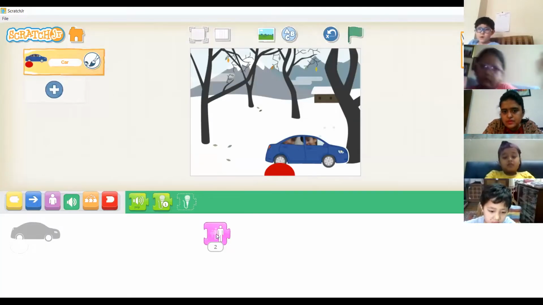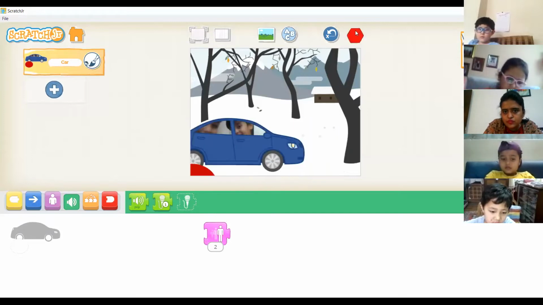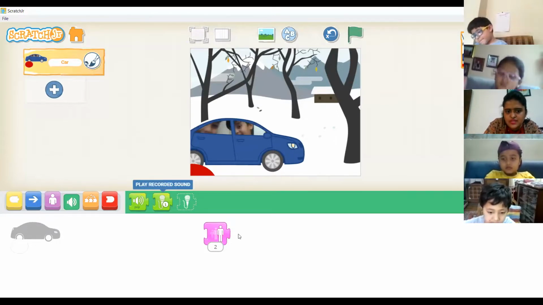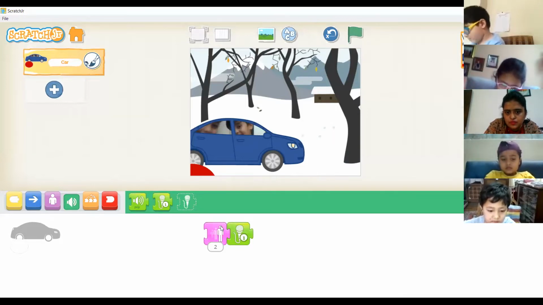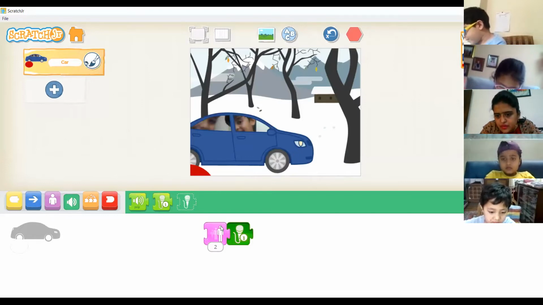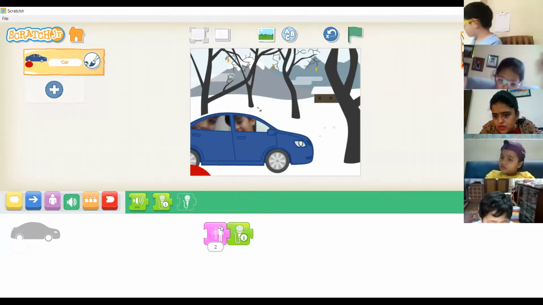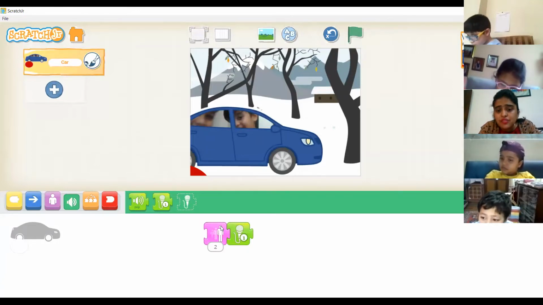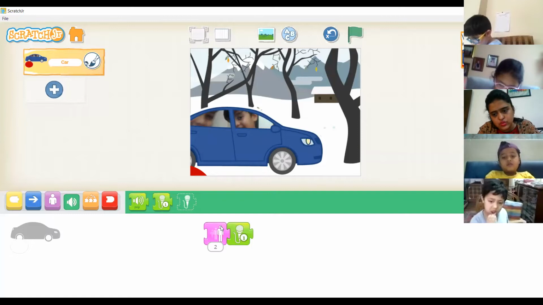See now what happens. And I want this to be played. See, it is getting played. Right? Can you hear that? See, I'm not speaking. Hello, hello, hello. This is getting recorded. All right. So you can even record some sound to it. If you want to give a sound when the car is moving, you can record a sound to it also.